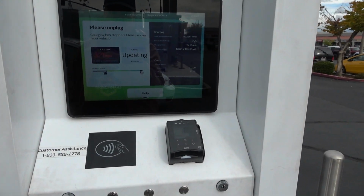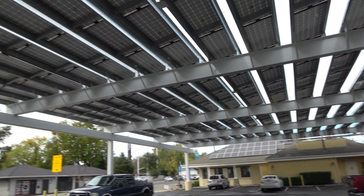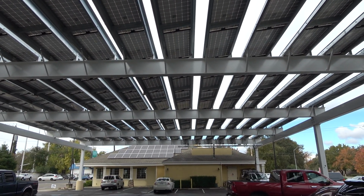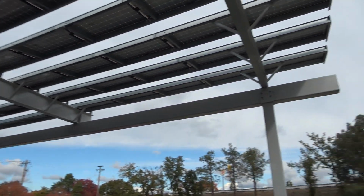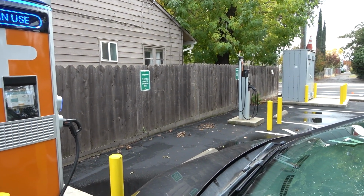And that's not even counting the fact that we're finally getting to a point where there's enough EV population that independent businesses can just say, hey, we see a potential value in offering this service and the number of customers that we could bring on site. And so there is enough of a business case now that maybe you don't even need a network, right? You could actually, as a business owner, just install a couple of chargers that are compelling for the location, the stop, for the business, and that's good enough, right? So don't discount the possibility of being able to travel in areas outside of California effectively, outside of the Electrify